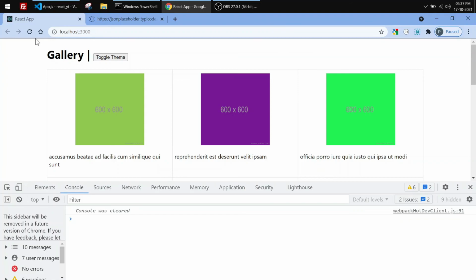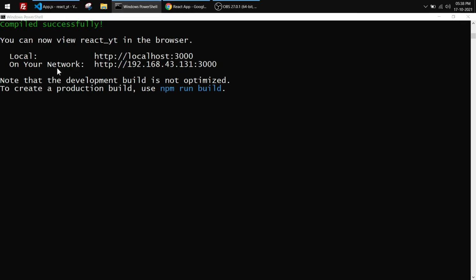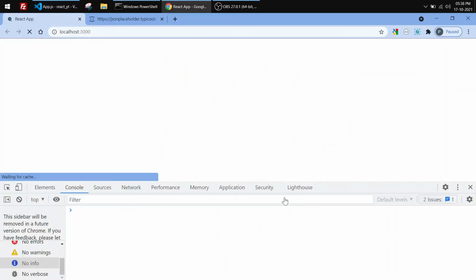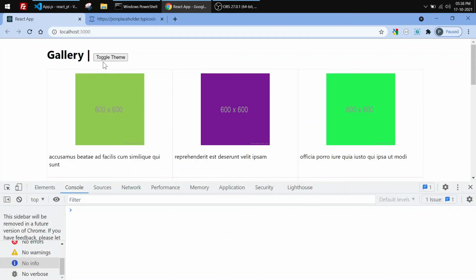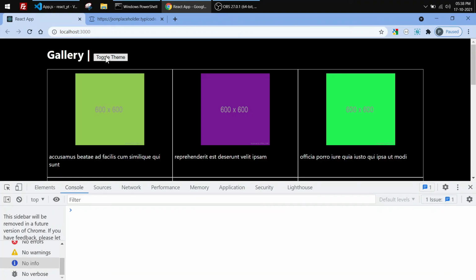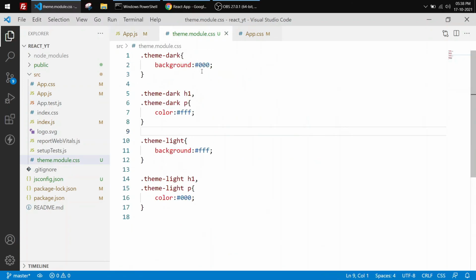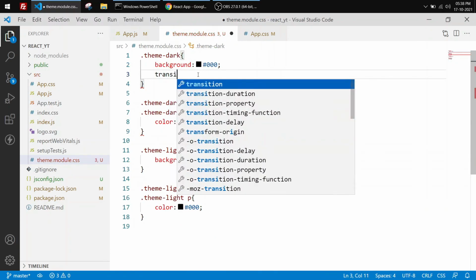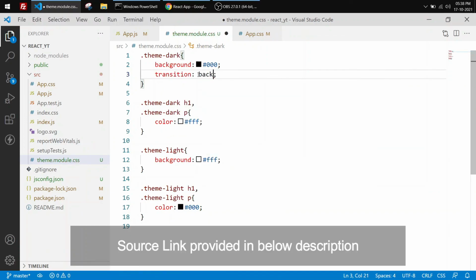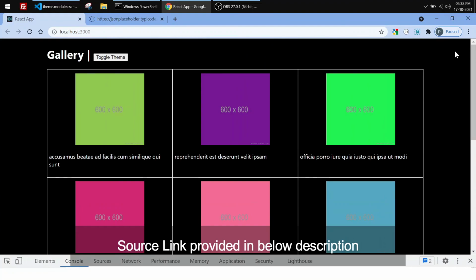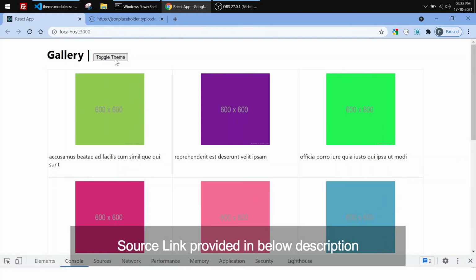And go back to my project. If I click on this, it's not working. So I'll see what the issue is. So now you can see it is toggling between different themes. Now I will give it a transition. I'll go back to module.css and below background I'll give transition, 1.5 seconds, so that you can see the fade in and fade out effect of changing the modes. If I click on this, and if I again click on this,